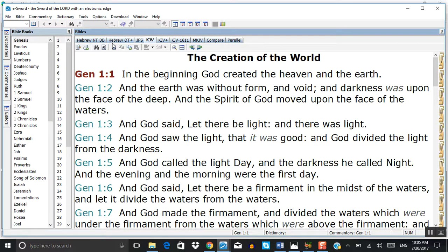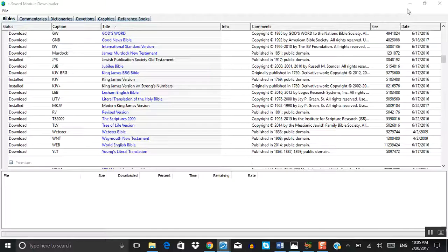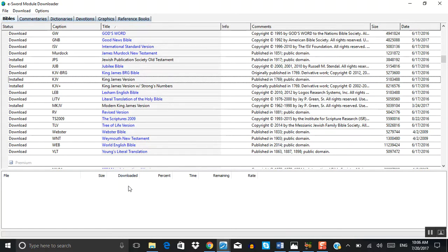It's okay. Minimize that. There. First one we're looking for is the KJV, King James Version. It's right there. It's in black because it's already loaded into the computer on this computer. But you're going to select it, and when you select it, it's going to end up coming down in this downloadable area at the bottom of